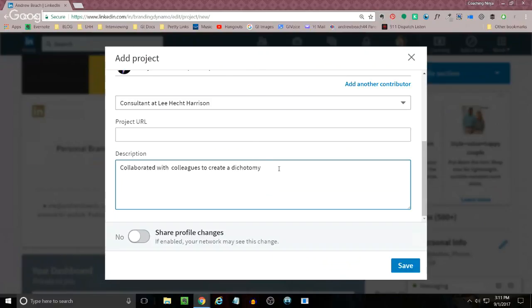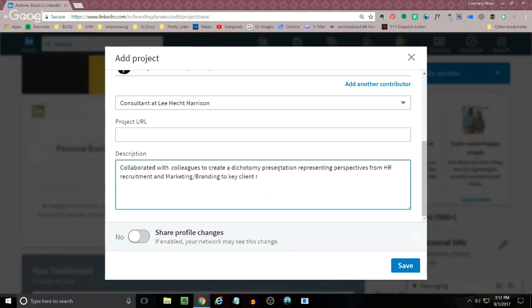Presentation representing perspectives from HR, recruitment, and marketing, branding, to key client